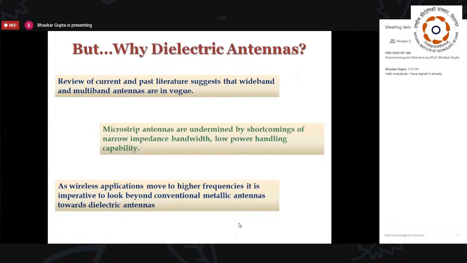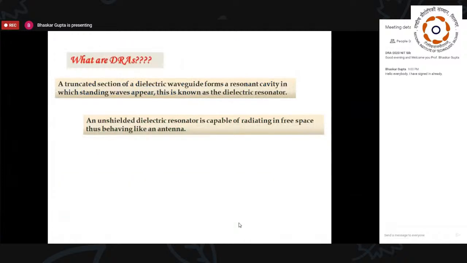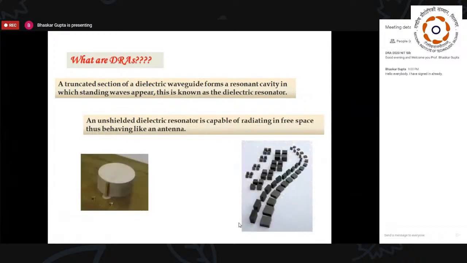But you see, these are meant to overcome the shortcomings of microstrip antennas, one of which is, of course, narrow bandwidth, as we discussed, and low power handling capacity. Not only that, because these do not use any metallic portion, they are free of conductor loss, which is the biggest culprit in terms of loss. And so with this background, I think you have already been introduced to the shape and structure of these antennas, which I shouldn't dwell any further time on.